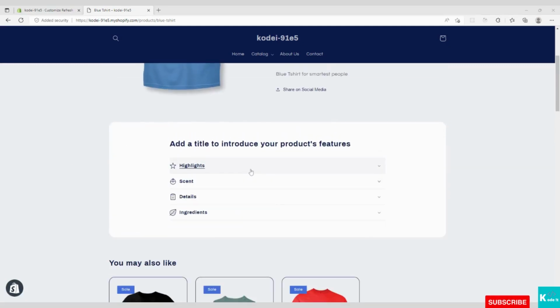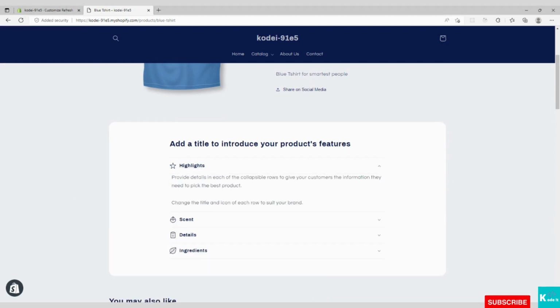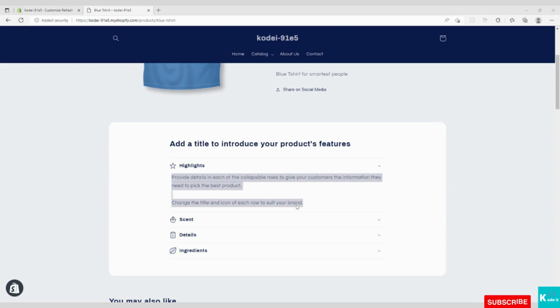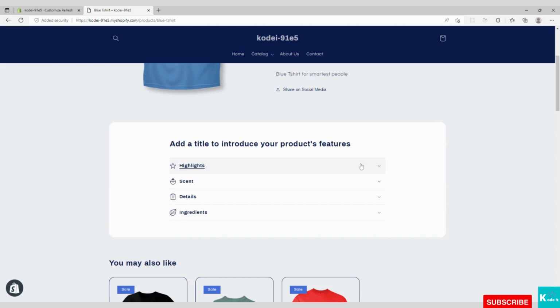If you see over here, an accordion has a title and then it has the content of it. And we can view and hide the content by clicking on the arrow icon. So this is the reason why it is known as accordion.